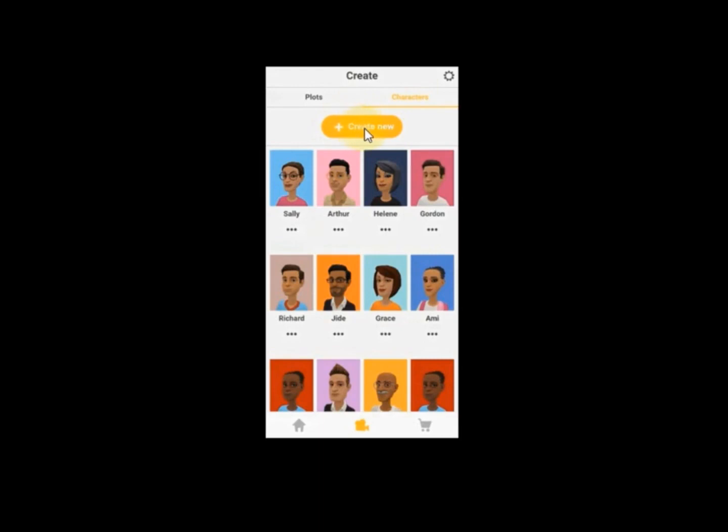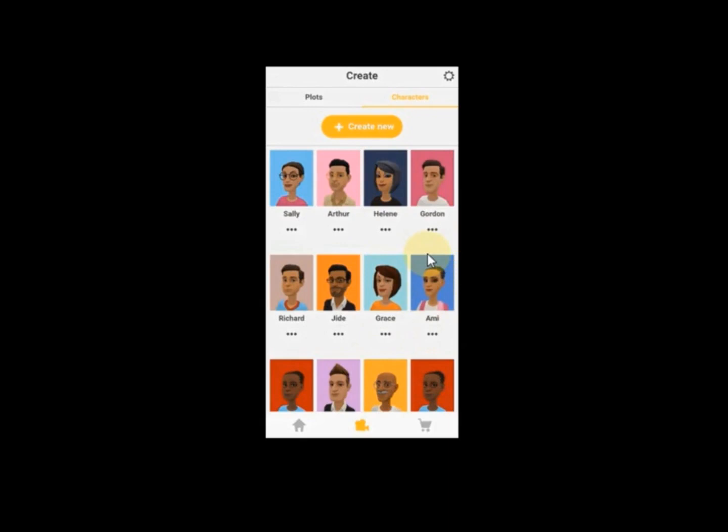you say create. When you click create, it means that you want to modify an existing character. For instance, you see Sally, Otto, Helen, Gordon, Richard, Jade, Grace, and Amy, and so on.